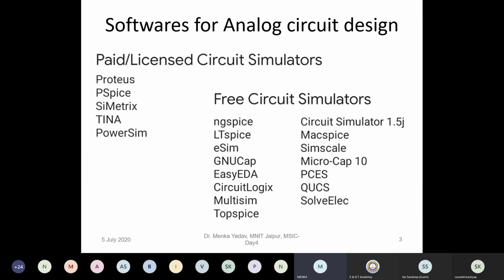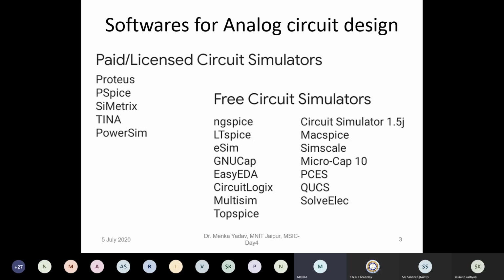Now, which are the software which are available with us? We have two types of software. One is paid or licensed software, and the other is free circuit simulators. Free circuit simulators do not have as much capability as licensed software, so generally companies and institutions use licensed software.